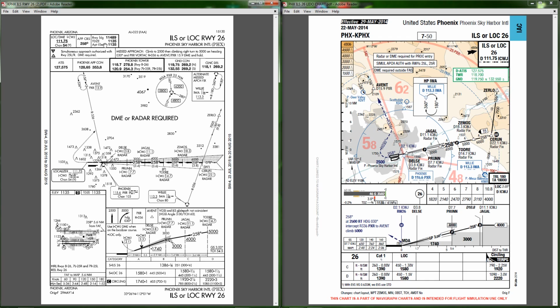This is the touchdown zone elevation of 1,135 feet and the airport elevation of 1,135 feet, keeping in mind that the airport elevation is the center of the airport, and in this case it just so happens that the touchdown zone elevation is the same. Often they differ by a few feet. The bold T and the bold A over here, they have something to do with